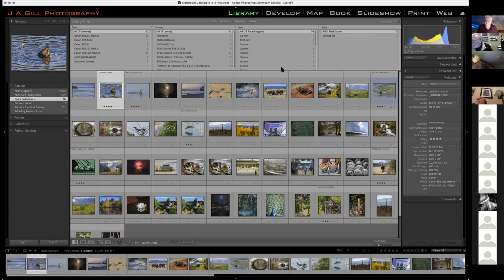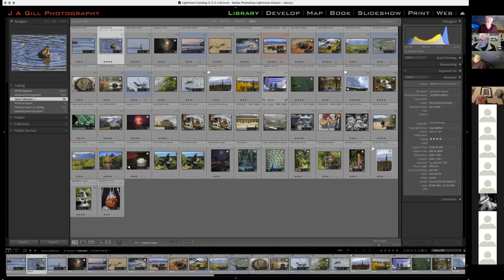So it's probably worth emphasizing, John, that it's looking at the space you picked over there on the left, right? You could pick all photographs and then it would look for all your photographs for the 400 millimeter lens. Or if you just pick a collection, it only looks inside that collection. Yeah, that's all it did, it's just looking inside the stuff that's in this window that you're looking at. So if you're in a folder with lots and lots of stuff in it,